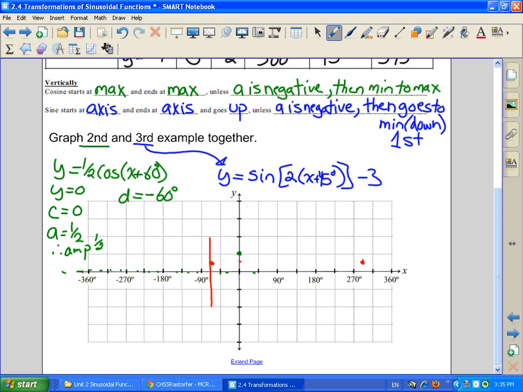Halfway in between there, which is approximately somewhere in here, I need to get to my minimum. If I go on the other side around, if I take that and subtract my period of 360, I'm going to have somewhere in here, and then way over here I'm going to complete. So to draw my graph,